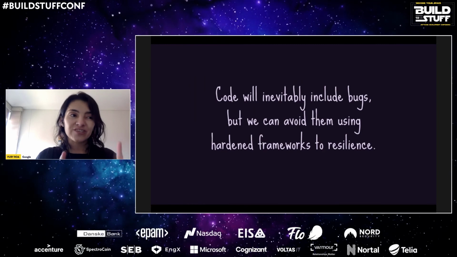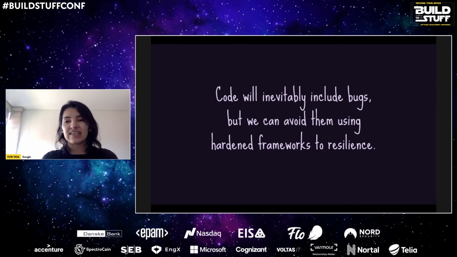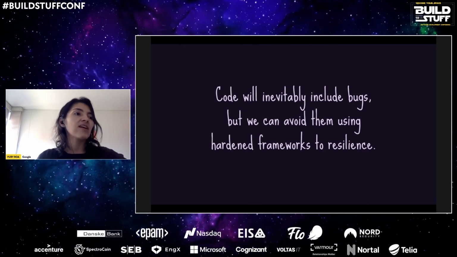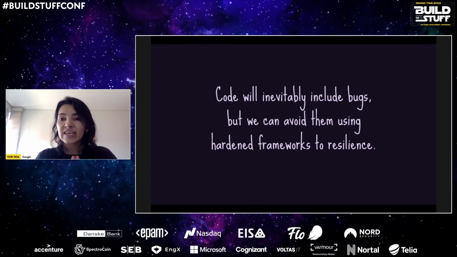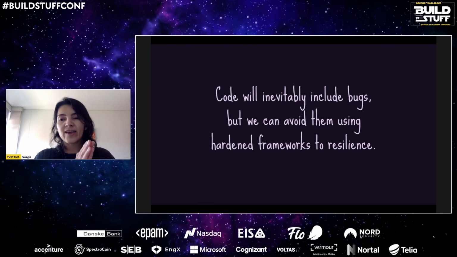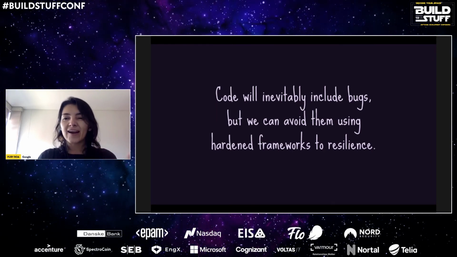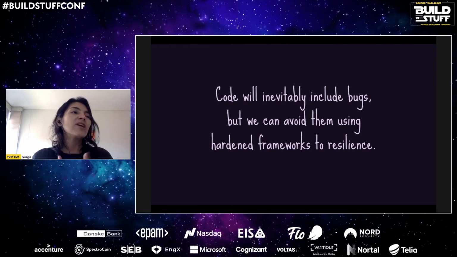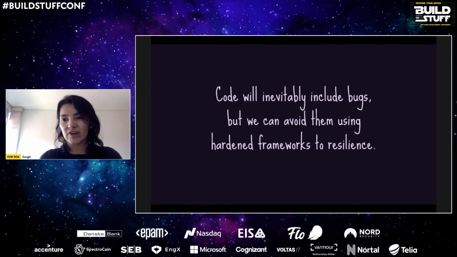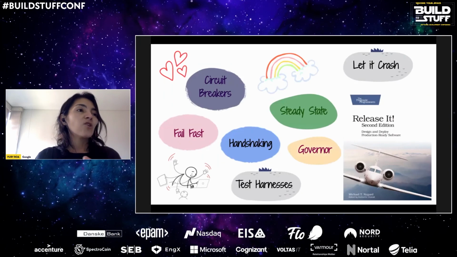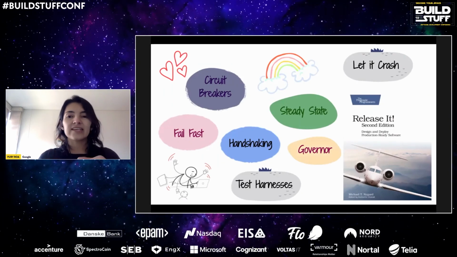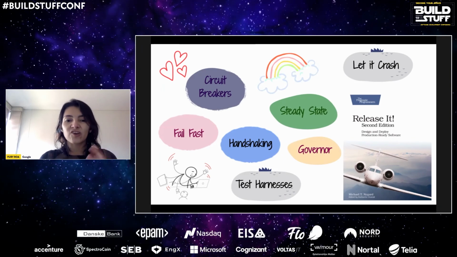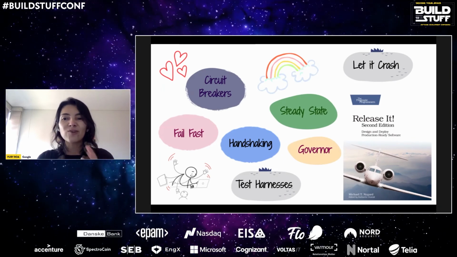The good news is that we can avoid resilience and reliability issues by using principles, practices, and patterns. Wherever practical, if we keep our code clean and simple, there is a great book talking about this, Clean Code, for example, we can minimize the probability of failures. So with resilience patterns, such as timeout, circuit breakers, fail paths, handshaking, governor, test harness, I would like to have